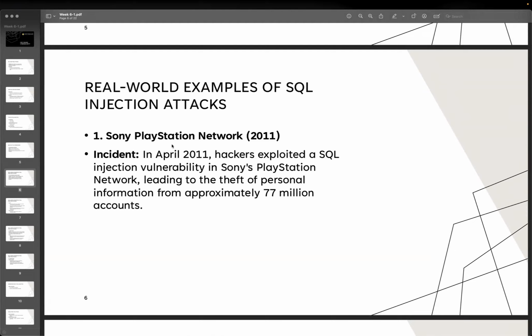In 2011, the Sony PlayStation Network was attacked. The attackers were able to exploit SQL injection in Sony's PlayStation Network, leading to the theft of personal information. Even though it was a long time ago, almost 13 years ago,